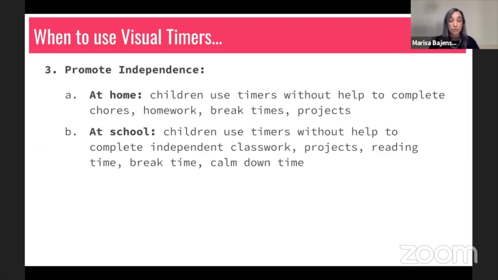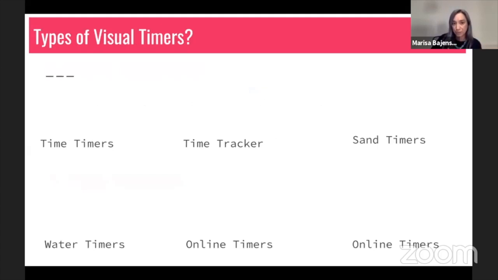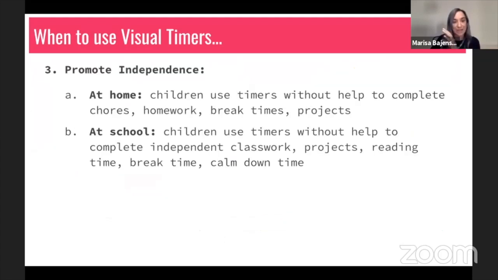What I love to do with children is I like to teach them how to use the timers, not me setting the timers. Yes, I might do it in the beginning as I'm teaching and modeling. And then I often move from modeling to watching them do it and observe and make sure they are doing it correctly. And then ultimately my goal is always for the students and my own son to be able to say, for me to say 15 minutes, set the timer, and he grabs the little timer, sets it,